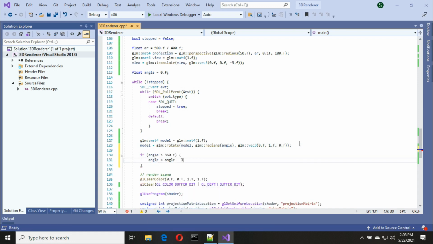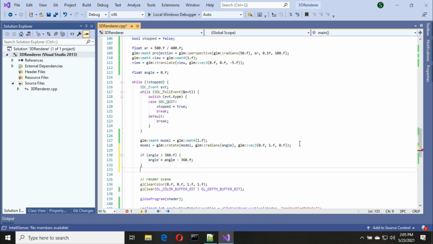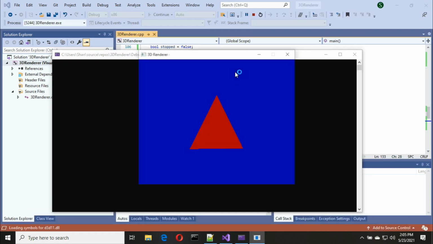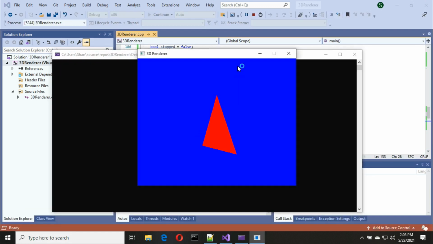Value of the angle variable is increased in each render cycle and I do not let it go beyond 360 degrees. Okay, let's run this. As you can see, triangle rotates.